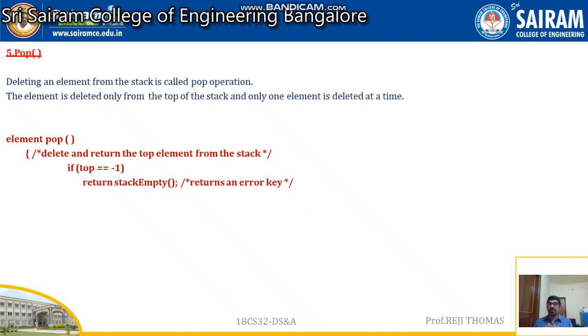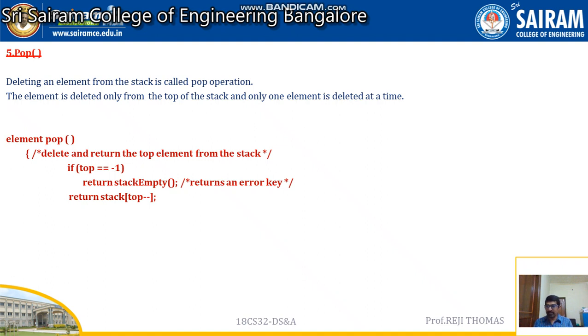So if that's the case, I'm going to call a function known as stack empty, which is going to take care of the remaining things. Every function call is an outsource, right? We are going to outsource it. If the stack is empty, the moment I find that top is equal to -1, I'll call this function, which is going to take care of other things. Otherwise, return stack[top--].